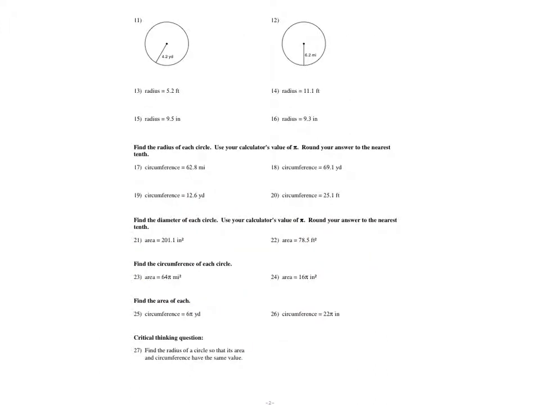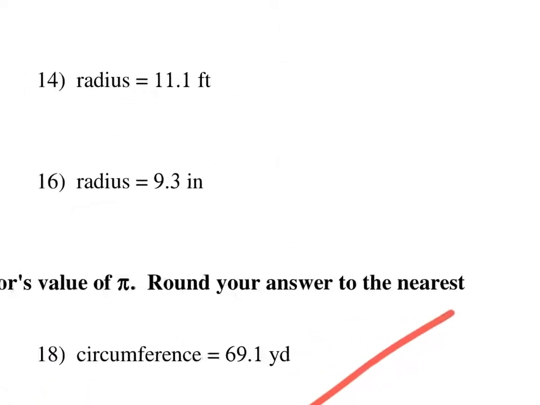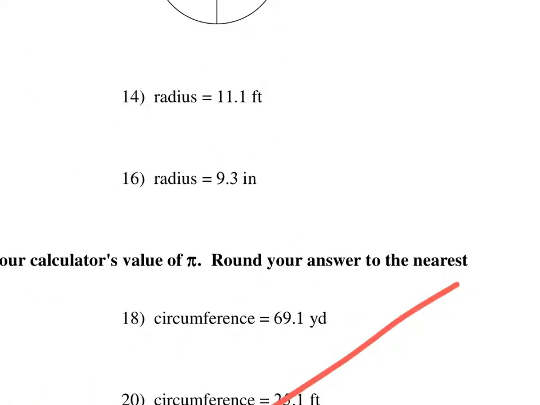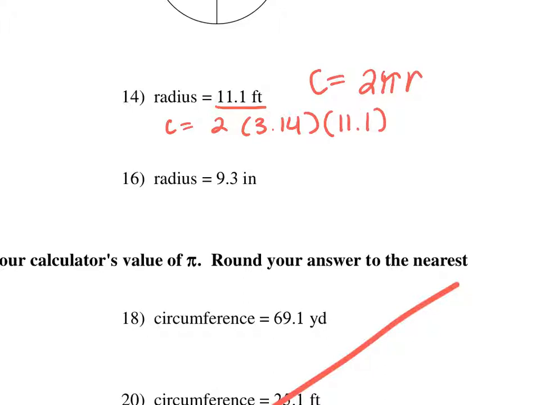Go to the back. Remember to skip 17 through 27, and I'm going to look at problem number 14. Still using that formula, C equals 2 pi r, and I'm just plugging in for the r, 11.1. So I have C equals 2 times 3.14 times 11.1, and I get C equals